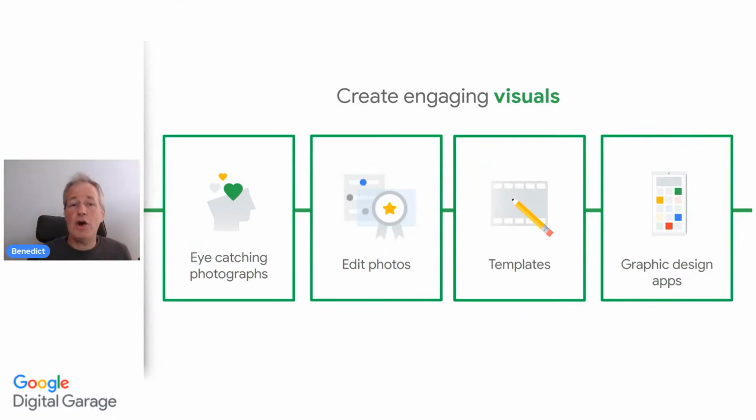Now, VSCO Cam is an easy-to-use photo editing app with a library of different film-like presets on offer, which is what I'm talking about when I say templates, presets, with easy-to-use tools, allowing you to replicate edits across all images to keep a consistent theme. So that's VSCO. Another one which is very popular nowadays as well, you've probably heard of it, Canva.